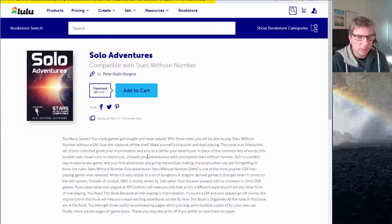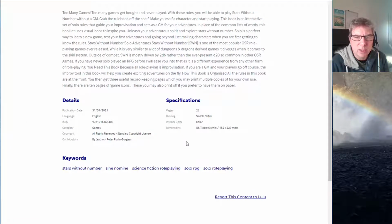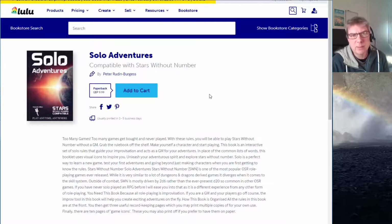Now, going back to Lulu, they offer an API, an application programming interface, and what that means is that I should be able to offer this print on demand version, that saddle stitch premium color US trade, directly from the Parts Per Million website. That's something I have to look into how to do. There are two routes that Lulu offer. One is using a Shopify plugin, which means I'd have to set up a Shopify site and pay them a monthly fee. But then I would be able to offer all of the products on Shopify on